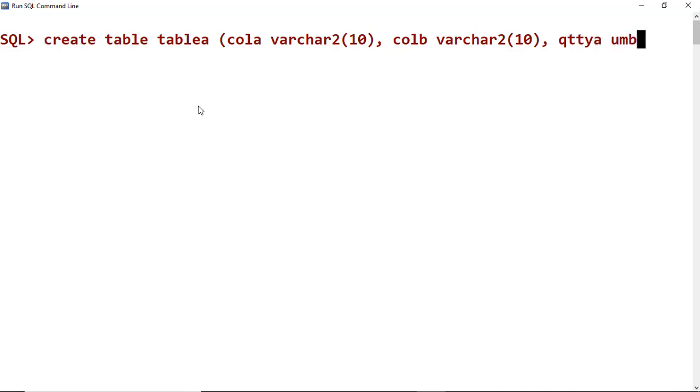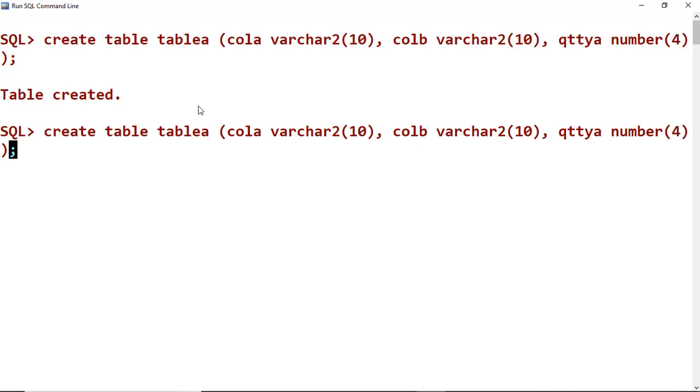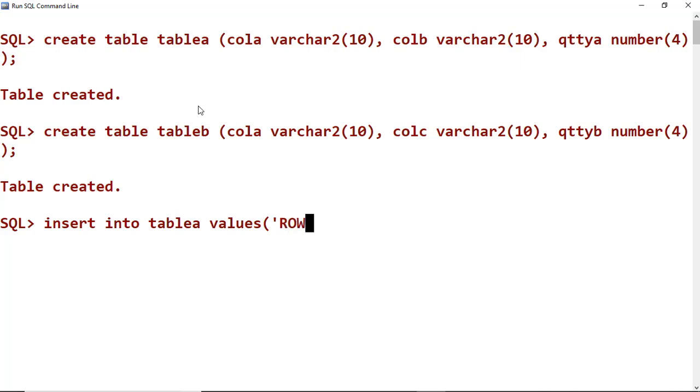A number 4. And my table B, column A has to be the same, and quantity B. Next step, I have to insert the values in the table. So 1 1, row A 11,